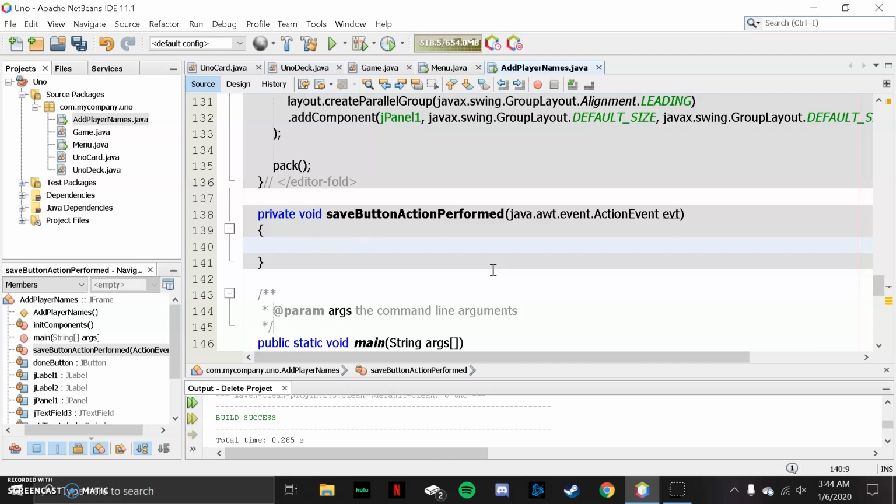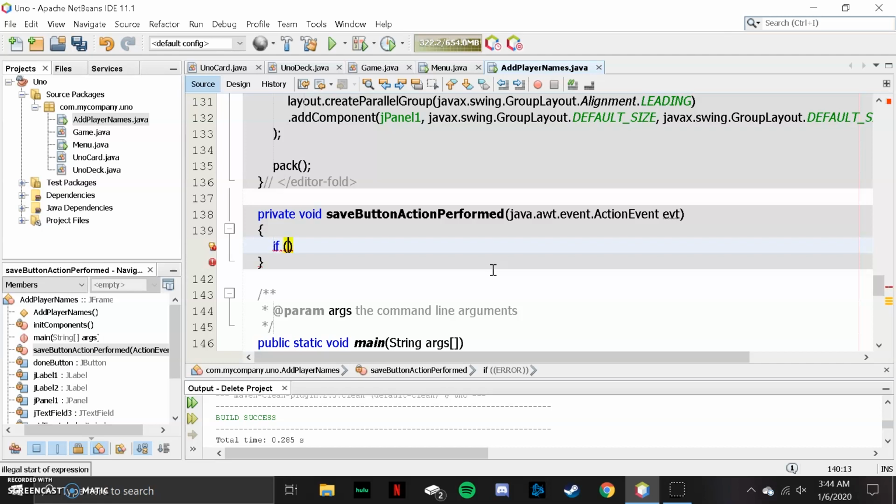So the first thing we're going to need to do is check if the text box is empty, because we're going to write text in the text box and then we're going to click the save button, and then it's going to display the name and save it. So we want to check to see if the box is empty, or just any type of error checking that we need to do. So pretty much if the box is empty or if they don't type anything in. So if